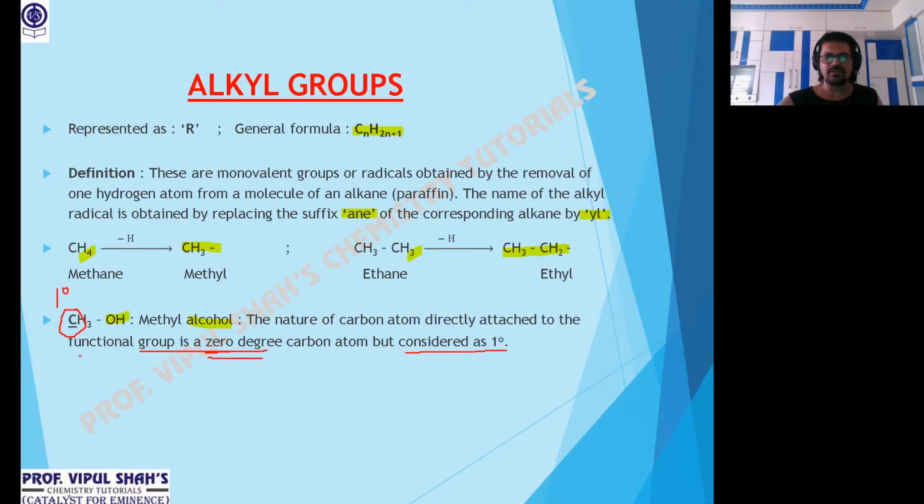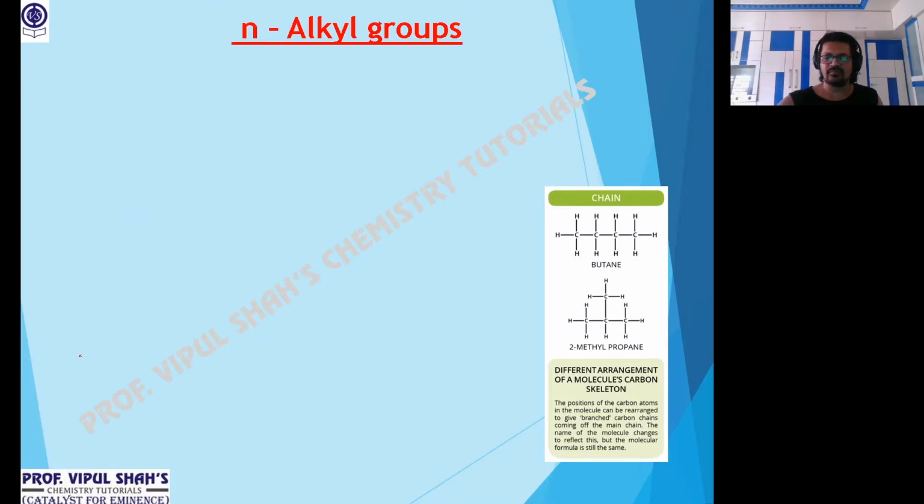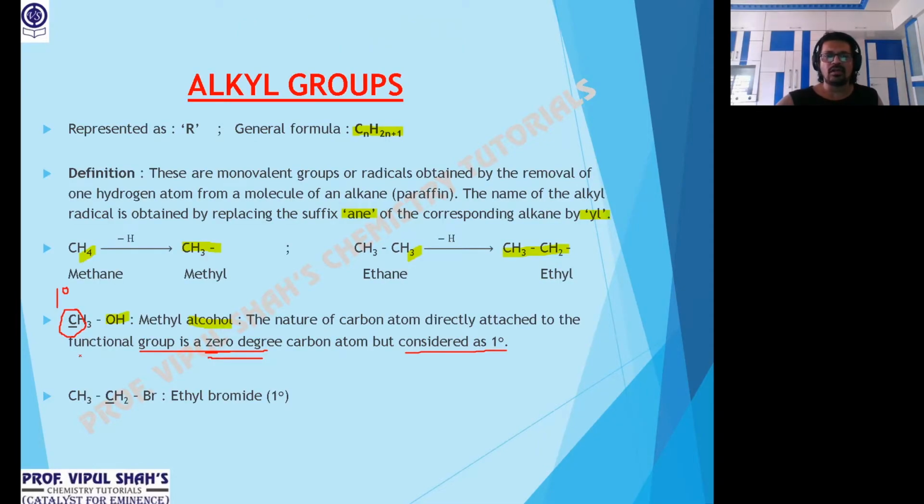Clear? More examples? Look at one more. Ethyl, and now we have a functional group that is Br, a halogen. That's called halides. So Br is called bromide. So CH3CH2 is ethyl, and then the word bromide. So ethyl bromide. Here also, when I say nature, nature is technically of all carbons, but which carbon will we see? That carbon which is directly attached to the functional group. That is this carbon. It is attached to how many carbons? Only one. So nature is 1 degree. And in the common name, we count all, so 2 carbons is ethyl, followed by the word bromide. So that's ethyl bromide. Clear what are alkyl groups?